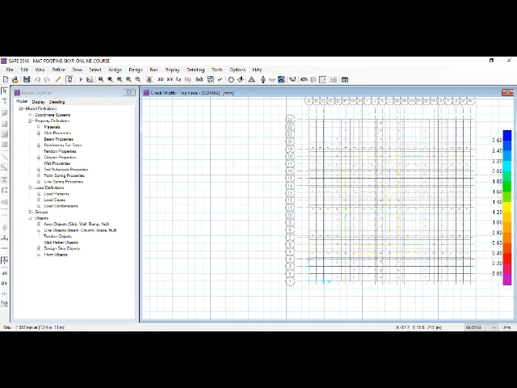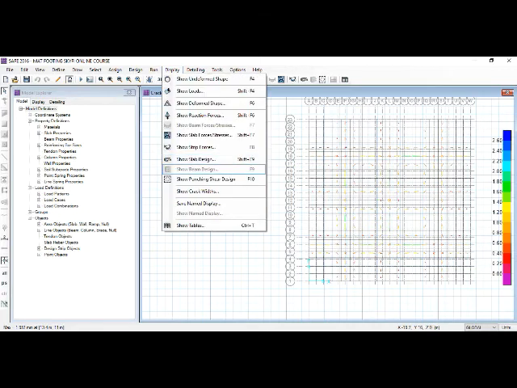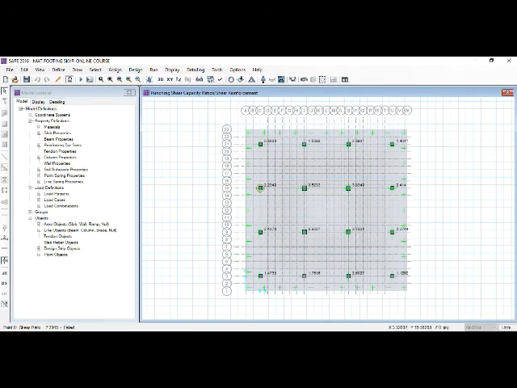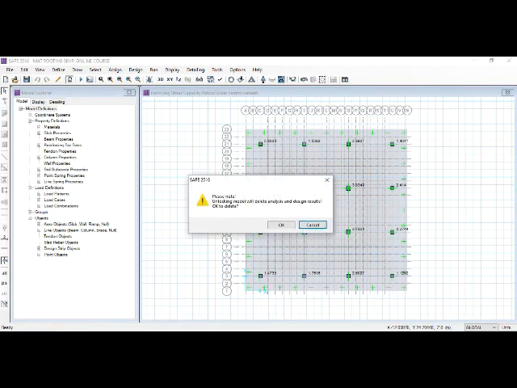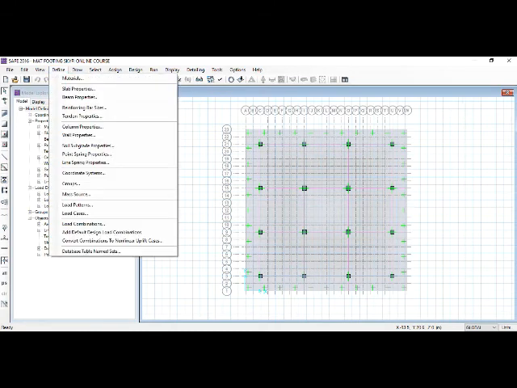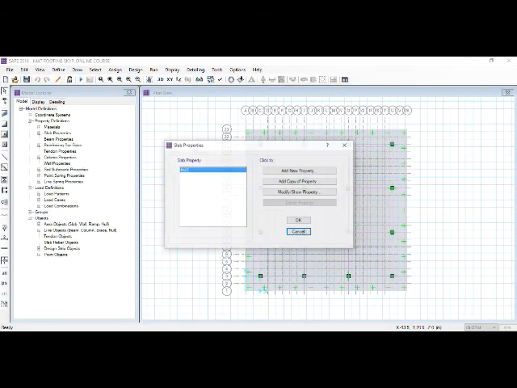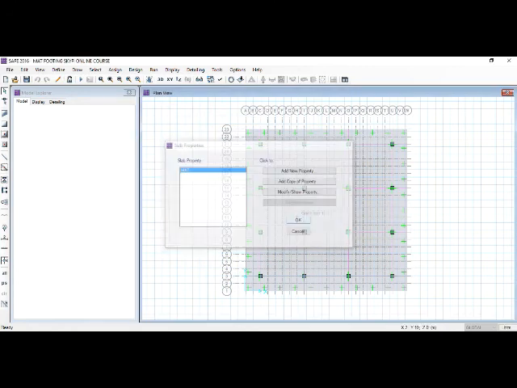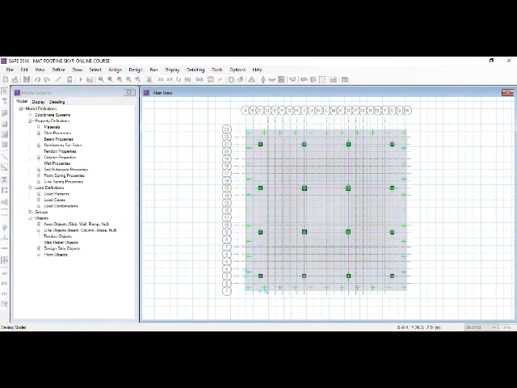Once the design is complete, you can go to check the punching shear design for the mat foundation, and you can see the punching shear values are more than 1, which is unsafe. The punching shear value has to be less than 1. So we will increase the thickness of the mat foundation from 500 to 1200. So we'll unlock the model, we'll go to define, and then slab properties, mat foundation properties, increase the thickness to 1200, and then we'll click OK. Then we'll again rerun analysis and design.